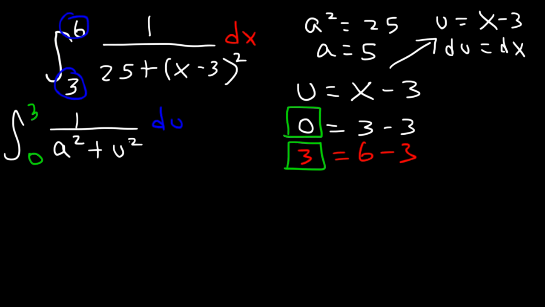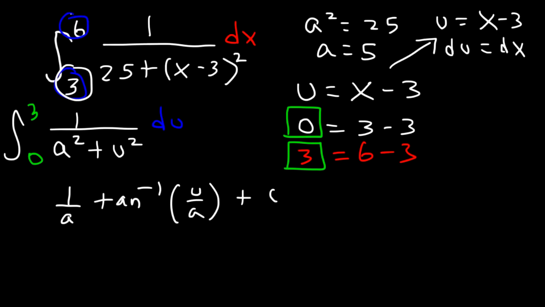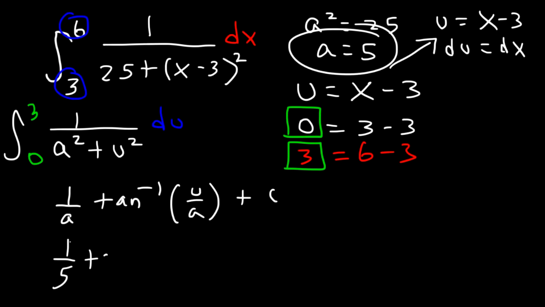Now the antiderivative of du over a squared plus u squared is 1 over a arctan u over a plus c. Now if we replace u with x minus 3, we're going to have to use these numbers again. But if we don't replace u with x minus 3, we could use 0 and 3 instead of 3 and 6. So I'm not going to replace u with x minus 3. I'm going to keep it as u. However, I do need to replace a with 5. So I have 1 over 5 arctan